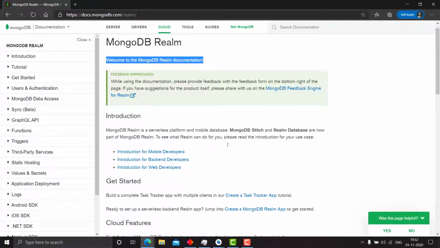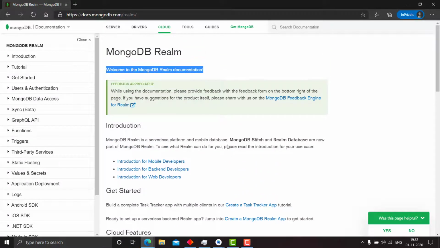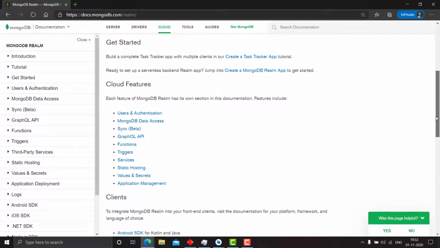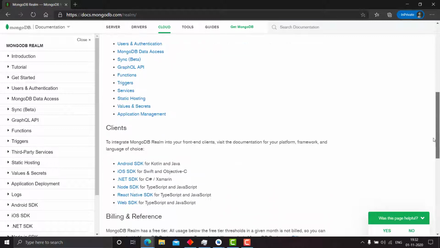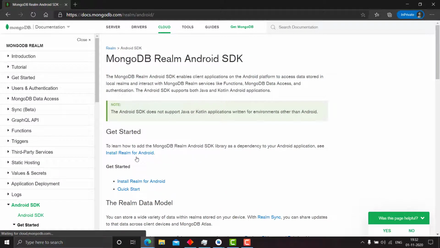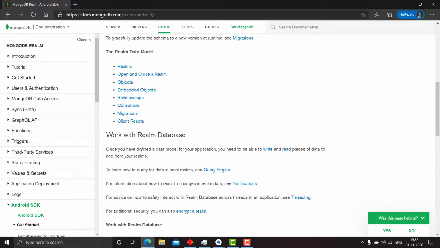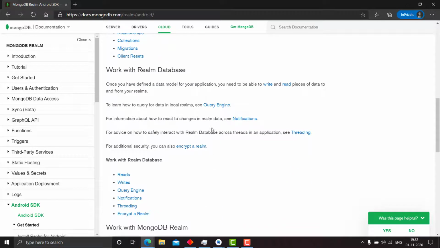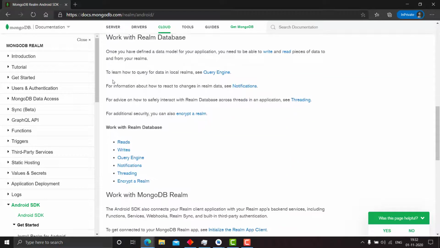They provide the documentation here and it says that you can do such stuff, but for Android and Java it is very poorly documented and you can't make out anything out of it. Suppose I want to integrate Google login.